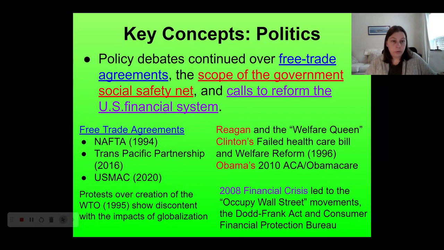The United States really enters the free trade world by signing NAFTA, the North American Free Trade Agreement, in 1994. NAFTA is negotiated under President George H.W. Bush, Republican, and then is signed under President Bill Clinton after he wins election in 1992. So it's a good example of what I was talking about, where there's some bipartisan agreement in the 1990s anyway, in the centrist realm, that these free trade agreements are good things.